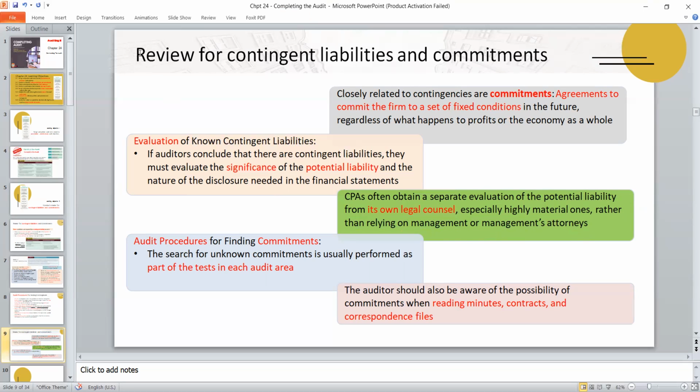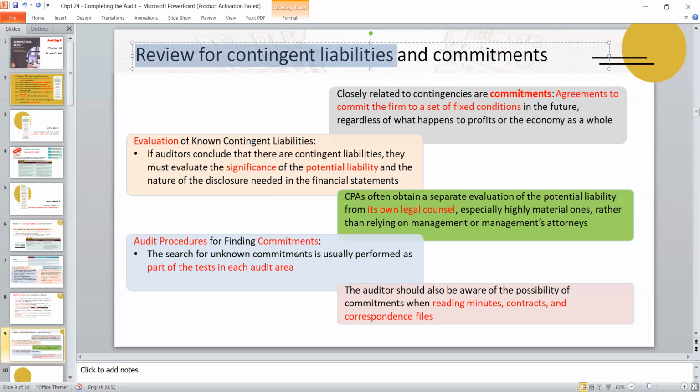Okay, this is about the review. We can review the contingencies like this. And for the audit procedure for finding the commitments, you don't need to make an additional or specific one, because it is already part of the tests in its audit area, especially the test of detail balance, TDB. When you have a procedure to make sure the balance is fairly stated,